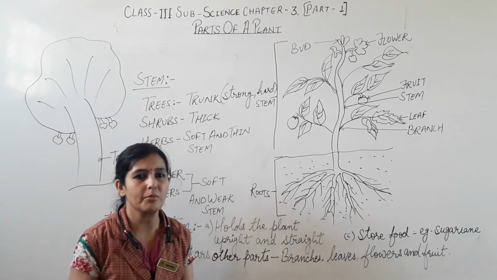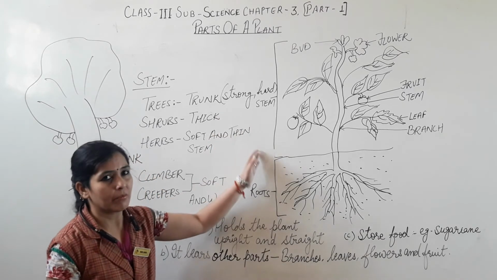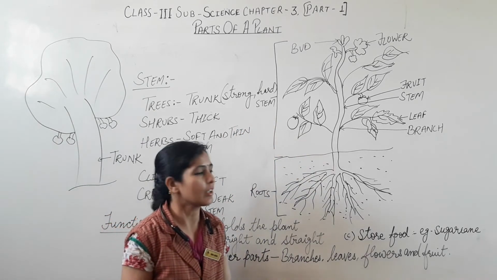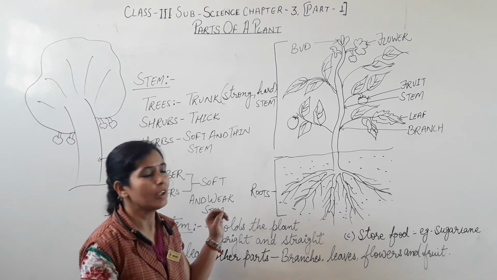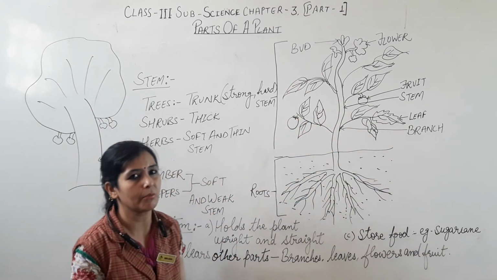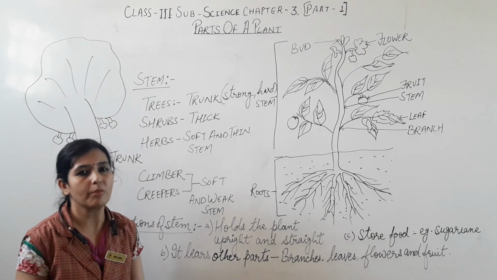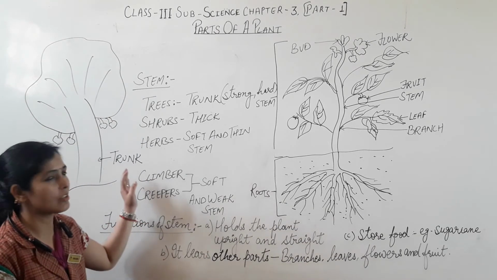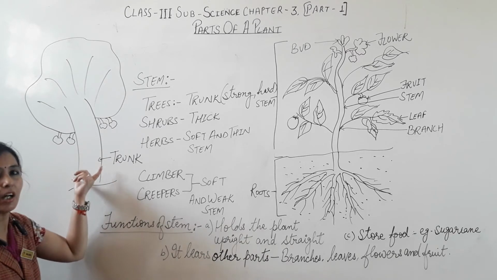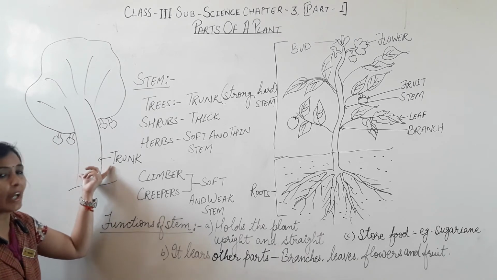We have studied the types of roots as well as the functions of the roots. Now we are going to study the stem, the part of the plant which is above the ground. It is the most important part because it bears mainly all parts of the plant like branch, leaf, fruit, flower. So the stem is the most important part. We have also studied the types of plants. Each type of plant differs due to the stem. If we talk about a tree, it is strong and hard, and this strong, hard part of a tree is known as the trunk.